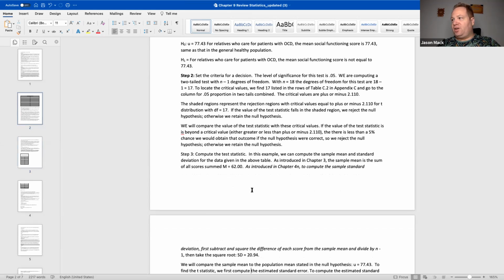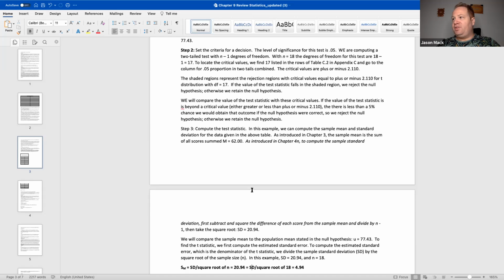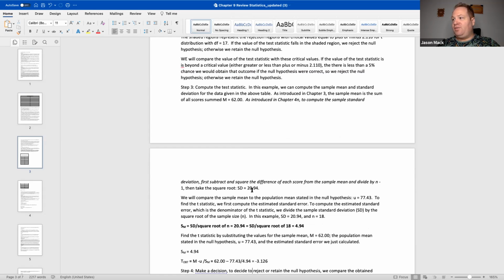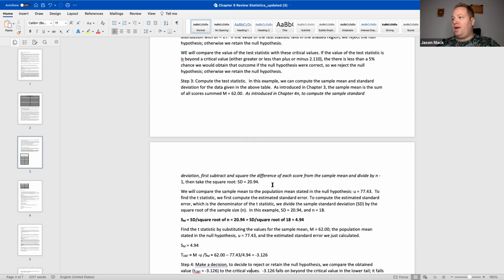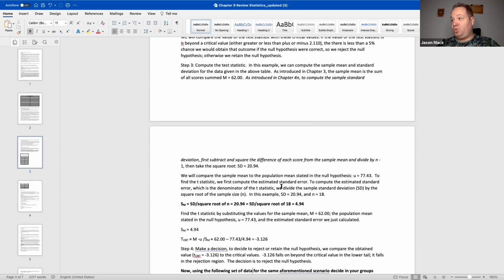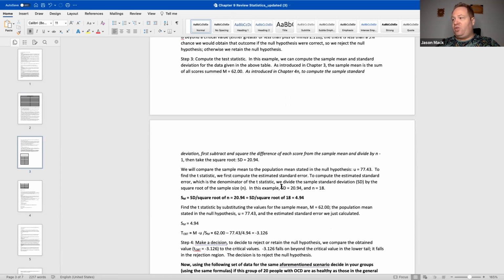Compute the test statistic. In this table, we can compute the sample mean and the standard deviation for the data given in the table above. As introduced in the past, the sample mean is the sum of all scores divided by n, and the mean is 62. To compute the sample standard deviation, first subtract and square the difference of each score from the sample mean, divide by n minus 1, and then take the square root. The standard deviation would equal 20.94. We then compare the sample mean to the population mean stated in the null hypothesis. The mean is